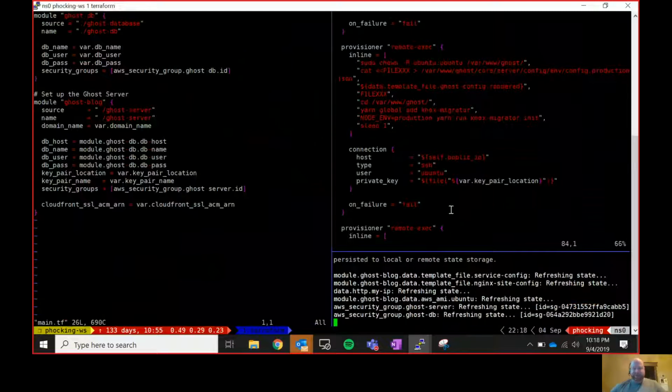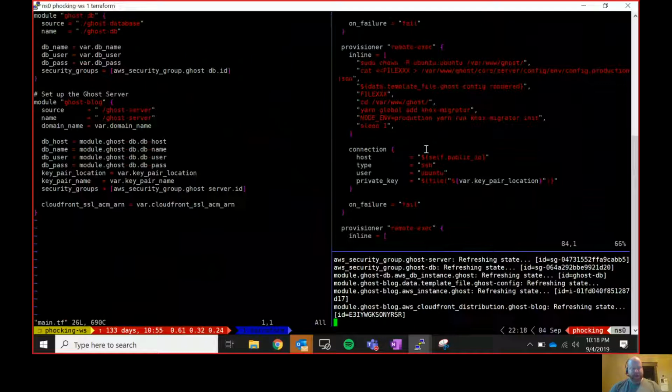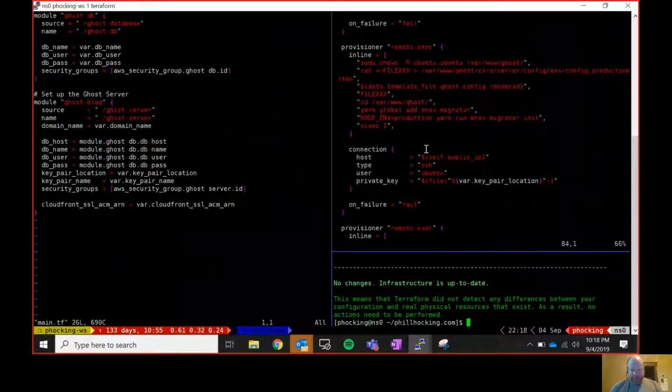And so I can look at these files, have a tail going of a log or whatever, and it's really kind of simple to